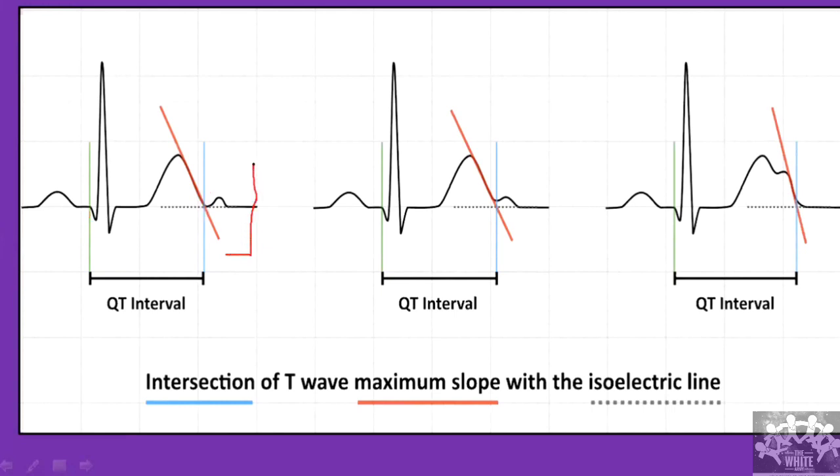If I draw an action potential here, and I prolong it like this, that is what is going to happen. If I prolong this, the QT interval is going to be prolonged. Let's say this phase is a little prolonged. So this part until here will be my absolute refractory period, which means any impulse I give at this point, there will be absolutely no action potential generated because all the sodium channels are closed.